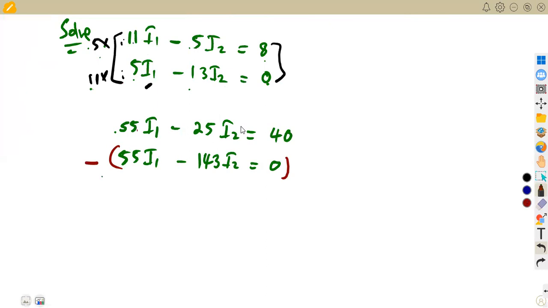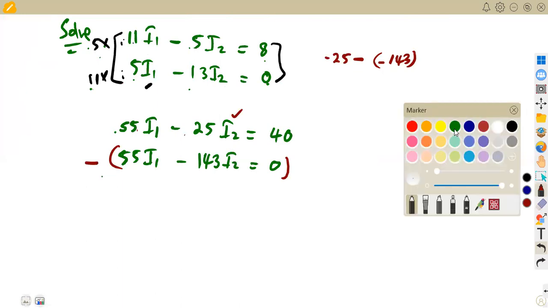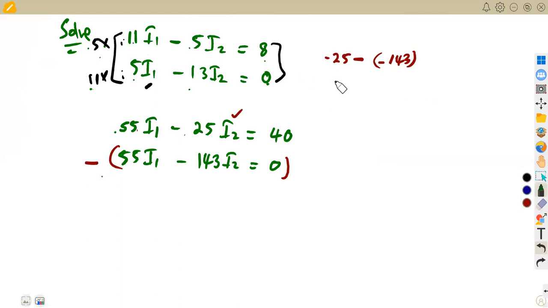So you're going to move on to the current I2, which is negative 25. So that's negative 25, negative. This negative that we see here, that's a minus. But the number that we are subtracting is also carrying a negative. So that's minus 143 like this. And if you simplify properly on your calculator, this is going to give us a positive 118. So you're going to have positive 118 I2 is equal to 40 minus a 0 in this case,